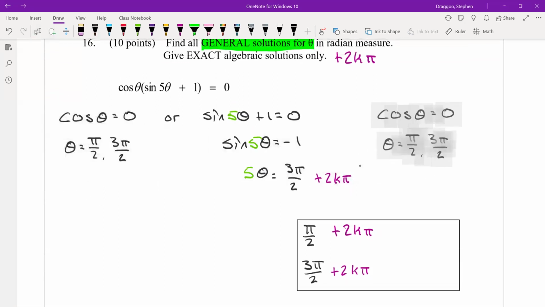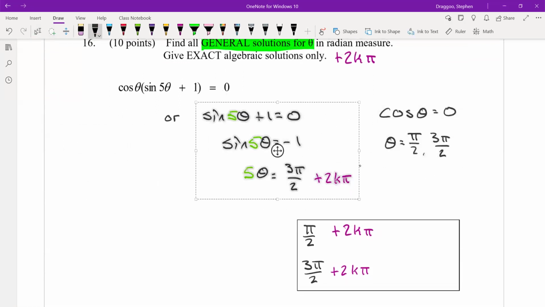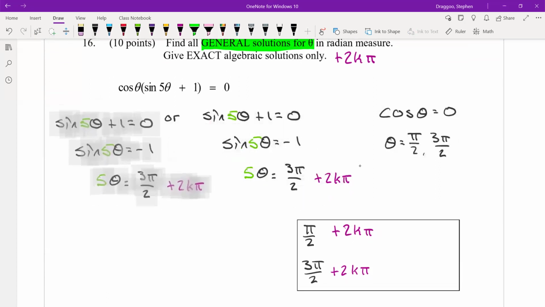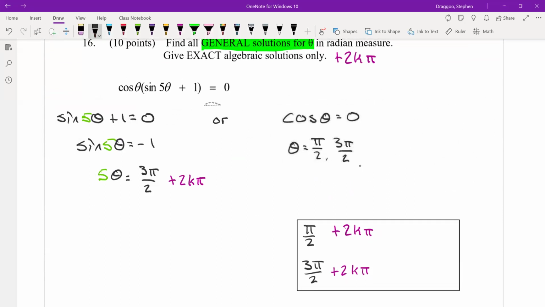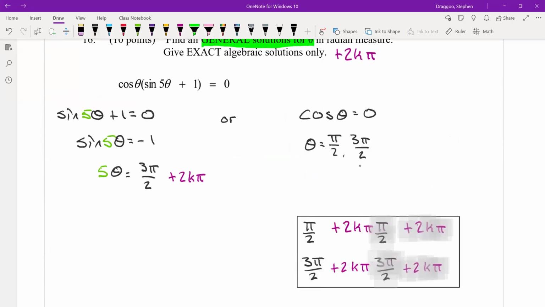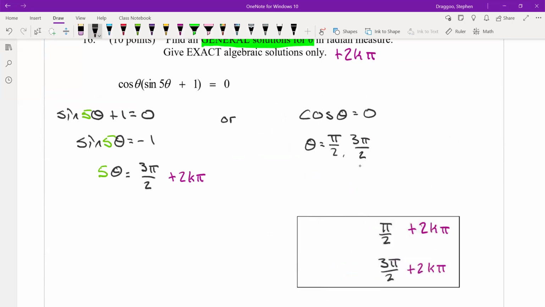I'm just going to move some of my notes around slightly. I've got more space on the left half of the page. There we go. Why don't we just move this to be here and here. Take this guy and slide it over to the right half of the answer box. Cool. And then that'll give me enough space to divide both sides of this equation by 5, giving me